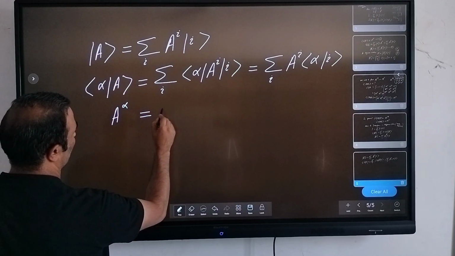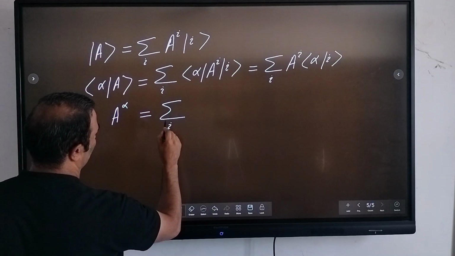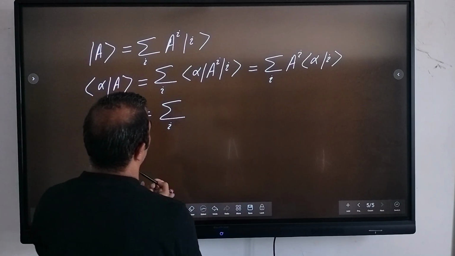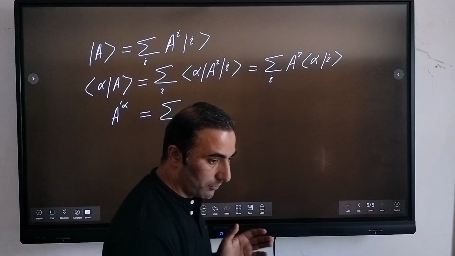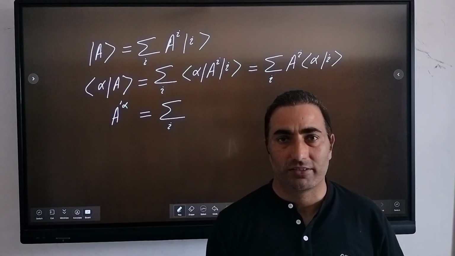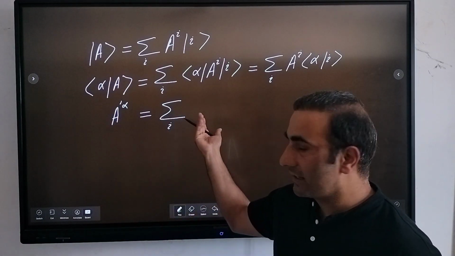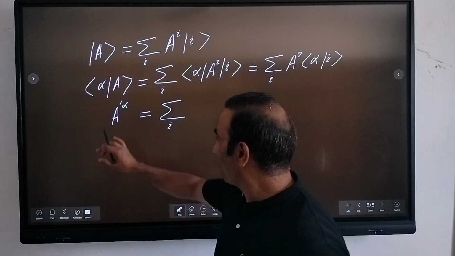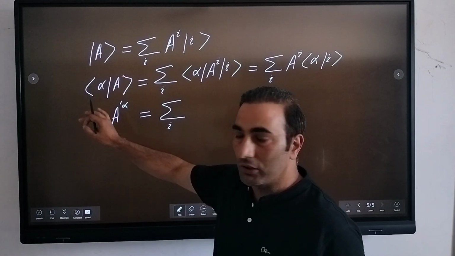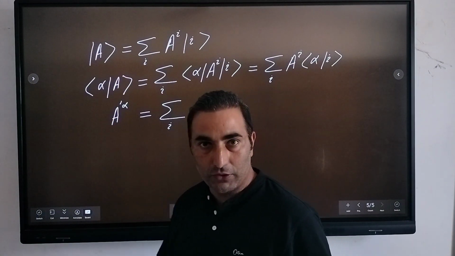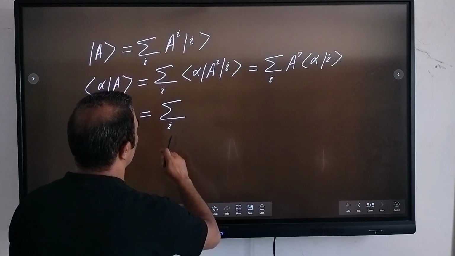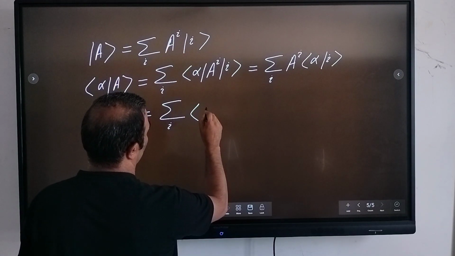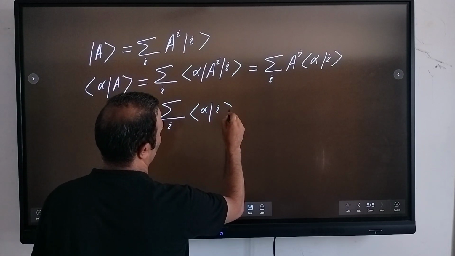So that is equal to summation over i. Suppose this will be some prime, some new frame of reference, right? So I'm going in some different ways. Because I'm multiplying here alpha, it can be some new basis, right? So we have these orthogonal bases i, j, k, and these are some new bases that I multiplied with this. So that's why I put here some prime. So A prime alpha will be summation over i, and this will be equal to alpha with i,